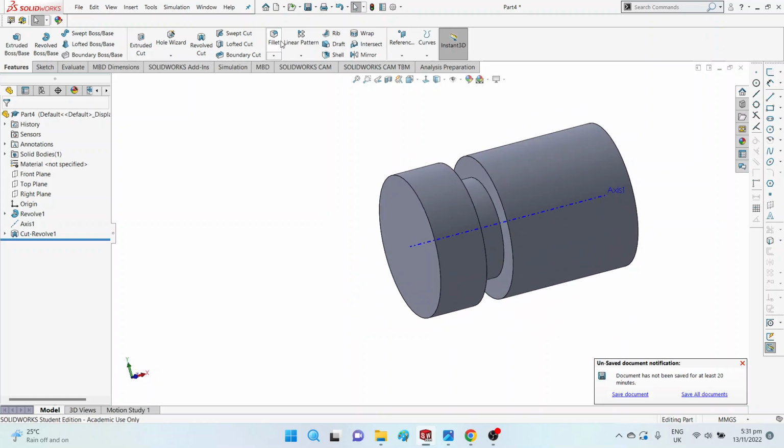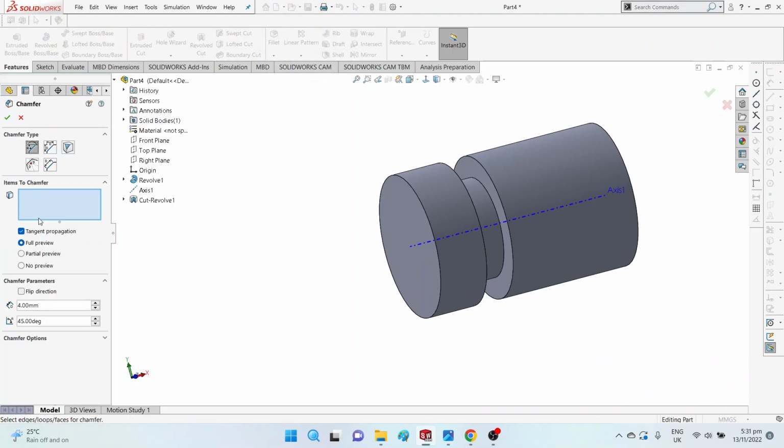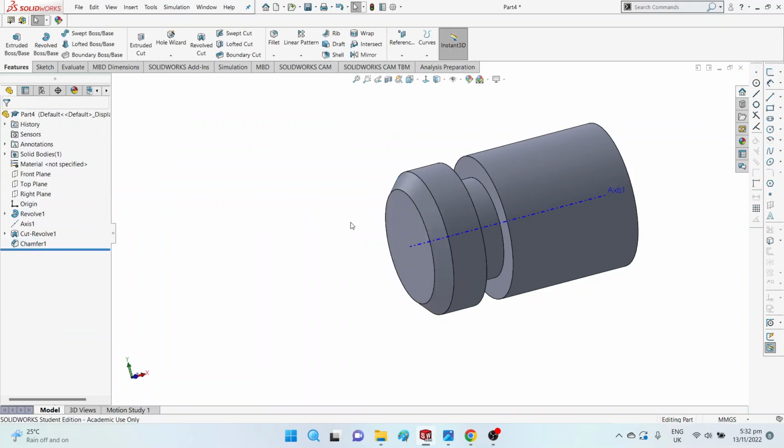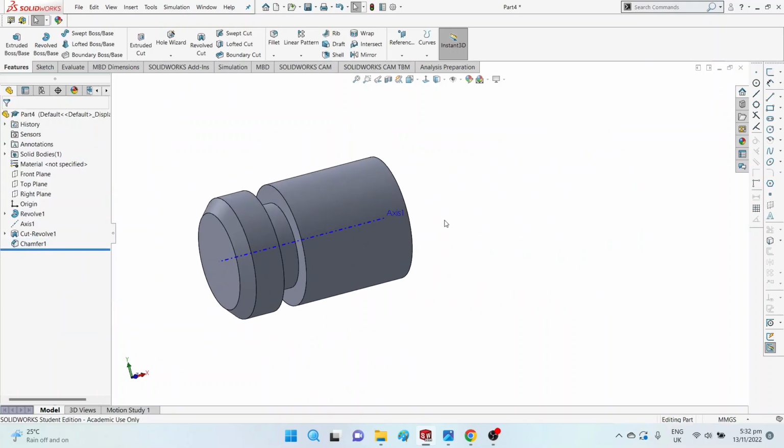The next thing I'll do is the chamfer, and the chamfer option is distance and angles, and the distance is 4 millimeters, the angle is 45 degrees, so I select this, it's 45 degrees. Okay, so this is done. Then next